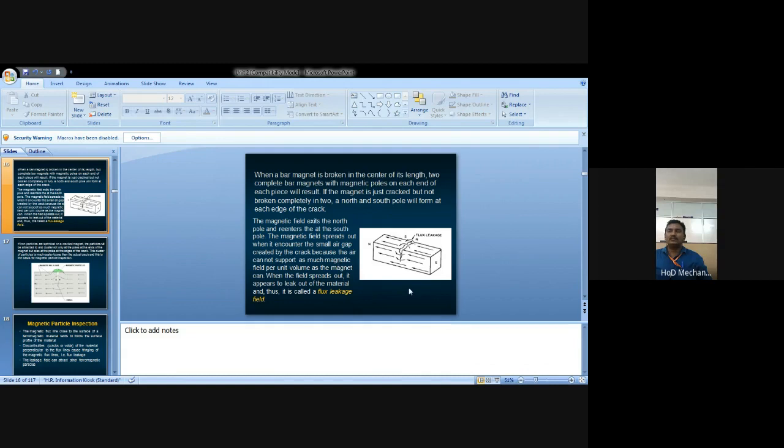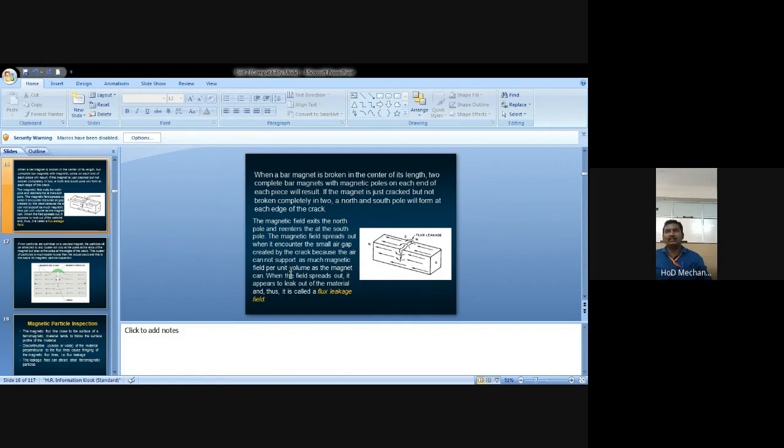That is the natural property of the magnet. The magnetic field exits the north pole, and after the magnet is broken, the polarity of the magnetic path direction is such that the field exits the north pole and re-enters at the south pole of the broken edge. The magnetic field spreads out when it re-encounters the small air gap created by the crack, because the air cannot